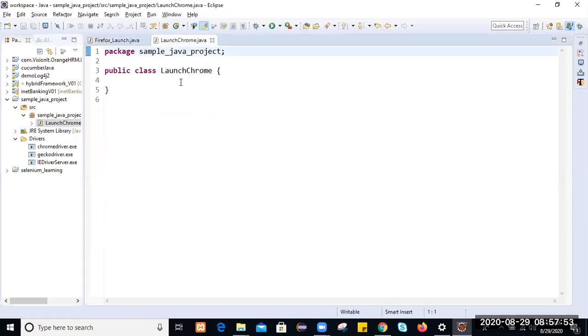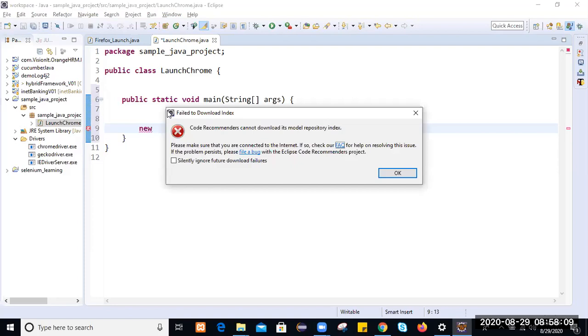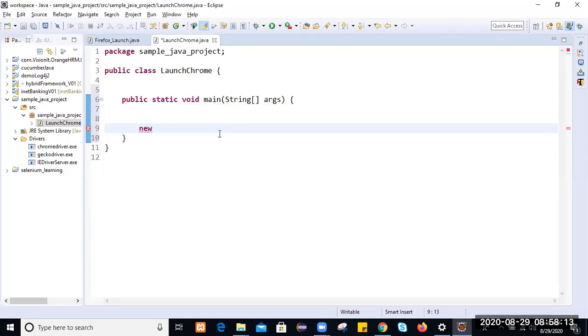Okay, launch Chrome. So actually, we'll use the main method as an execution engine. So in the main method, you see the moment you create an object of, this is the Chrome driver API, this is the Chrome driver API which will help us to